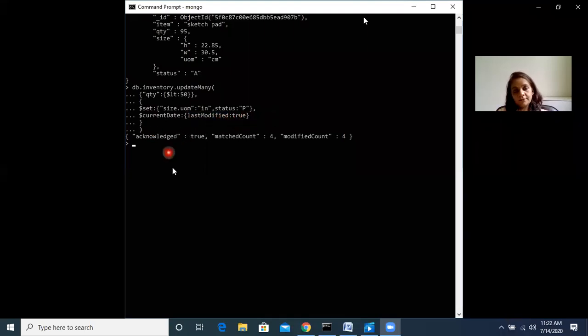Here the last modified date we have changed, specified the value.